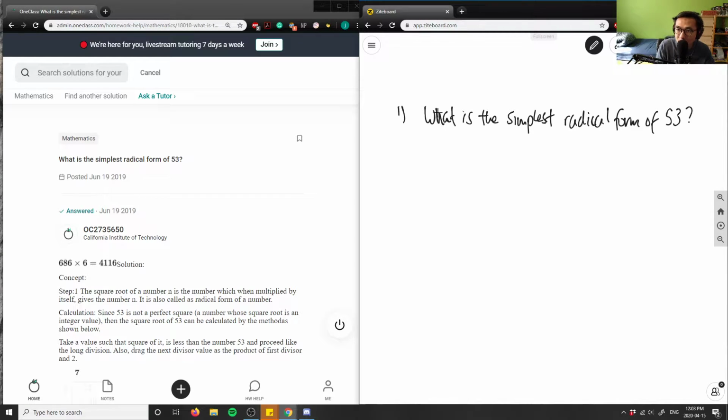of 53? When we talk about radical form, if you had something like the square root of 49, that would equal 7, right? Again, 7 squared would equal 49. So we know how to break down radicals to specific things. But what we have here is a whole number, 53. So when we talk about the simplest radical form of 53, how we can approach this problem is by using